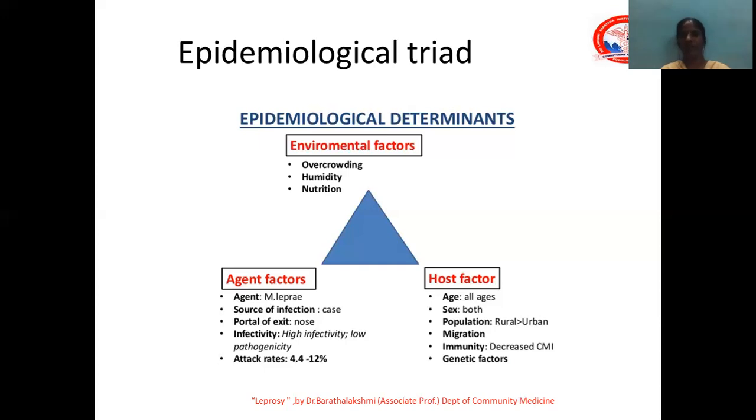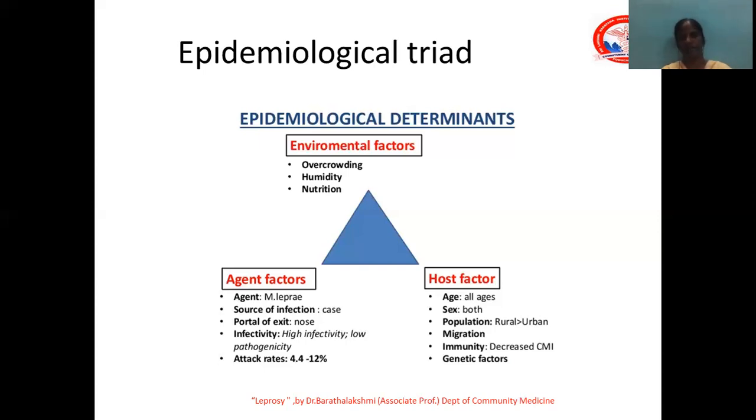Coming to the host factors, all ages, from infants to the elderly, can be affected, and both sexes. There is no preference for male or female. There is a preference for the rural environment. Maybe these are the factors: literacy level and poverty favor the rural distribution. But of course, it can occur in urban areas. It can exhibit in urban slums where the sanitation is poor. Then, when somebody's immunity is less, the disease can take up more